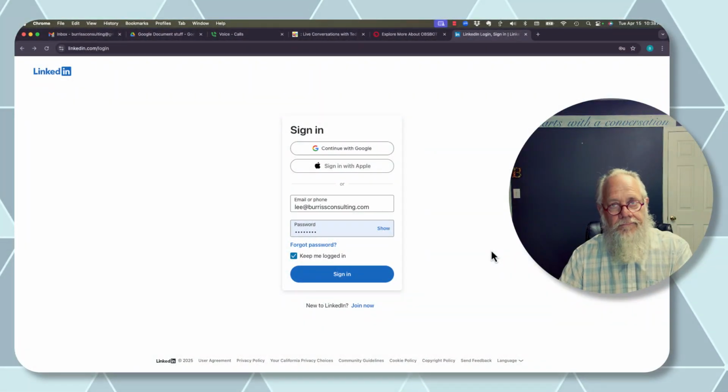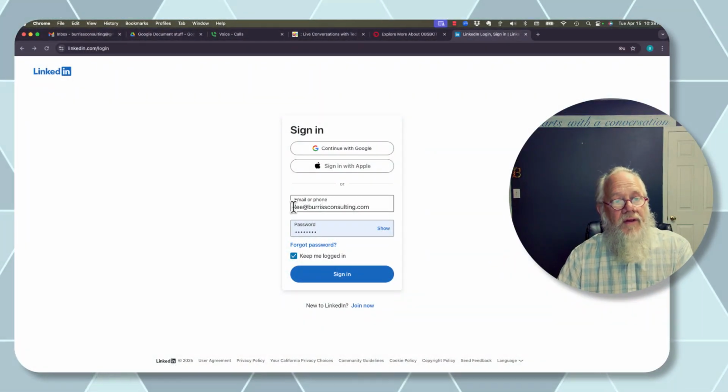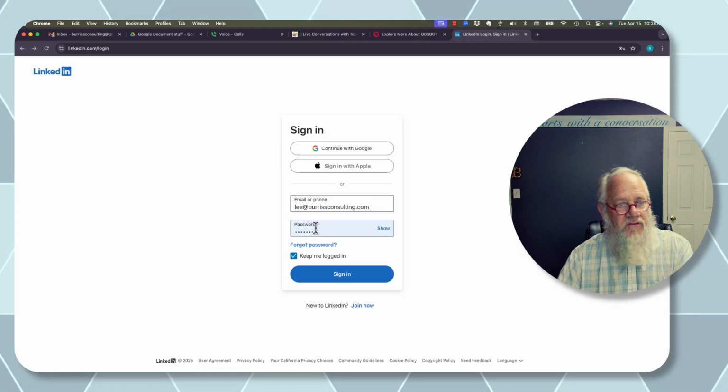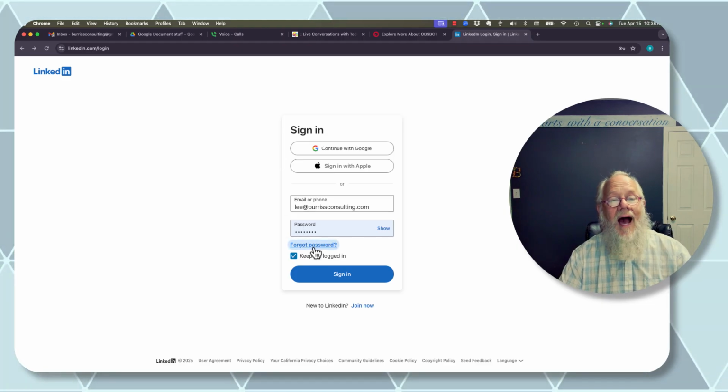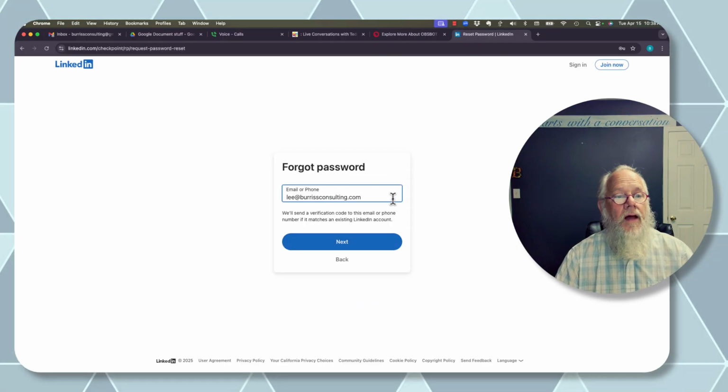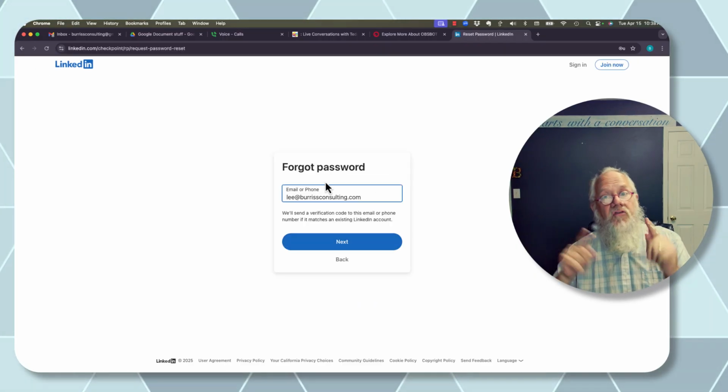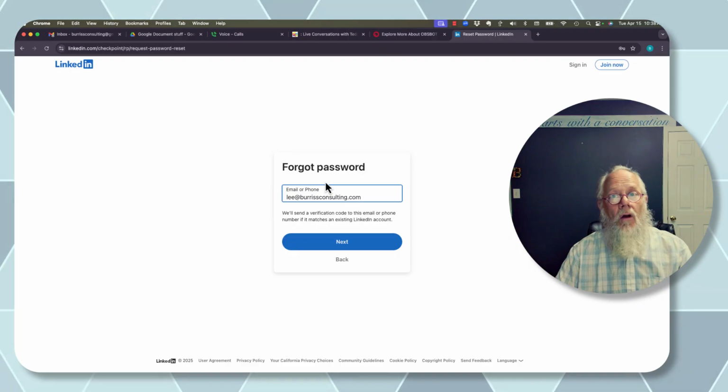Here's the steps. I'm trying to log into LinkedIn with an email address I no longer have access to, and I may not even know the password. Let's click on Forgot Password. Now, it's going to want to send an email to that email address that you may no longer have access